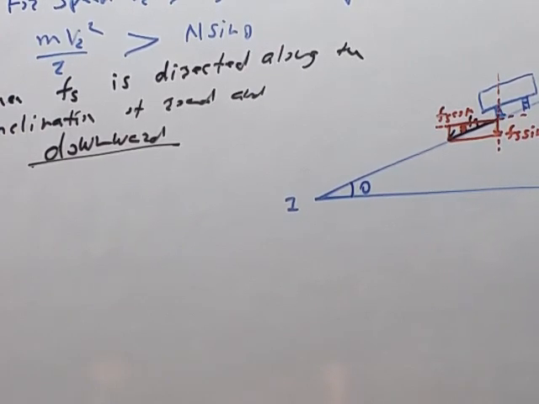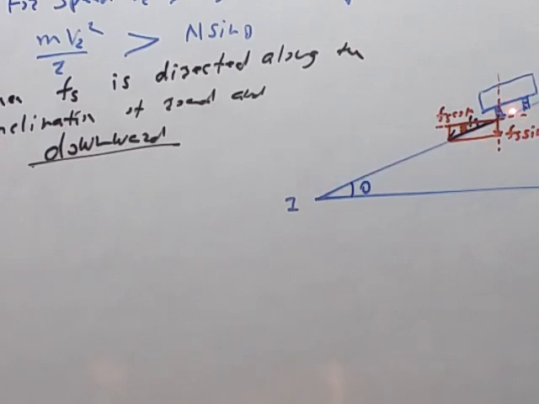So under this condition, when we have to derive the maximum speed, then mv2 square upon r is greater than n sin theta. So because of larger centrifugal force, the vehicle has a tendency to move in the radially outward direction toward the outer edge. So when the vehicle slides upward toward the outer edge, then the force of friction will be in the opposite direction. Force of friction is the opposite force.